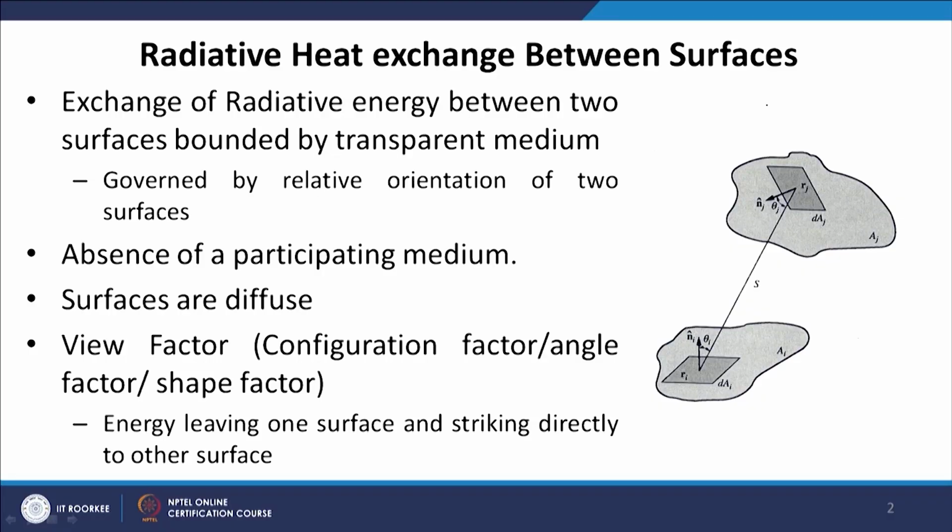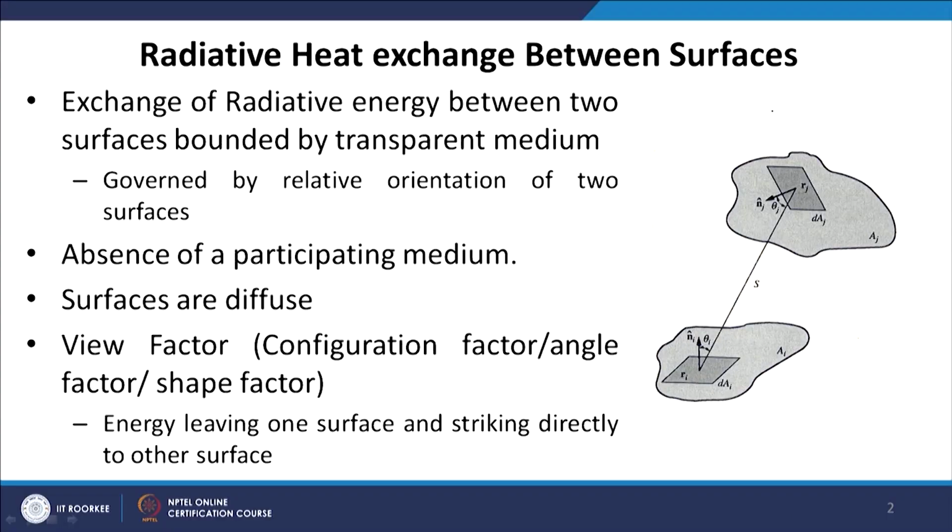So it is very clear that the amount of energy exchanged from one surface to another will depend on the orientation of the two surfaces. For example, we have two surfaces having the same area and similar temperatures. If their orientation is not the same, the amount of energy transferred from one surface to the other will not be the same. For example, if we have surface 1 and surface 2 in this configuration